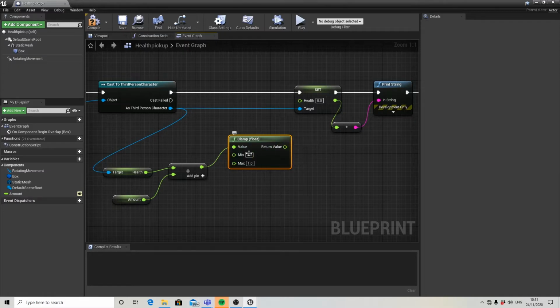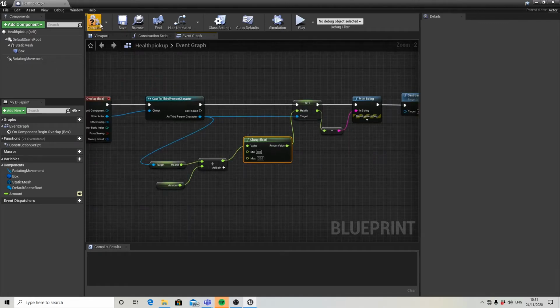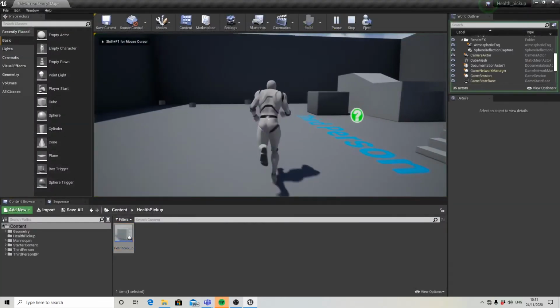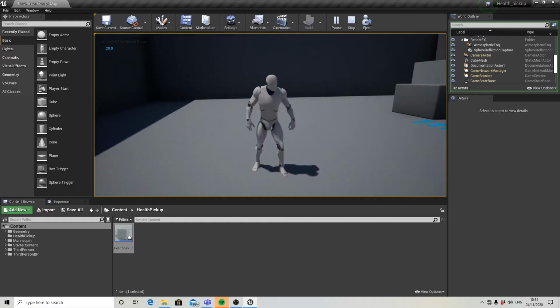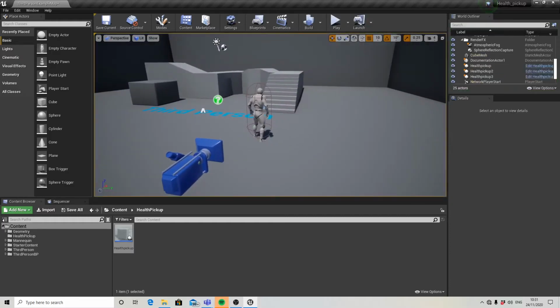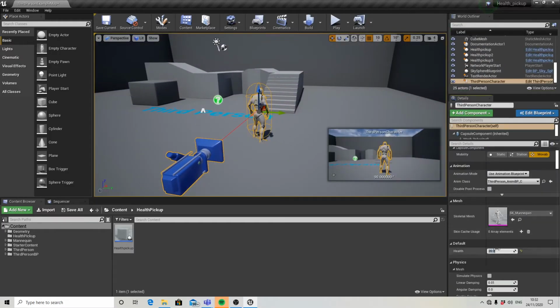So we want our minimum to be 0, we want our max to be the same as our character's health. So change this to 20, and just hook it up, compile and save. So now if we play test, it'll stay at 20. So if I change my character's health to say 10,